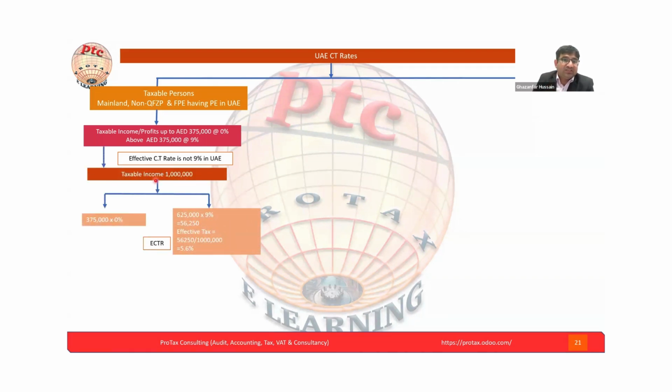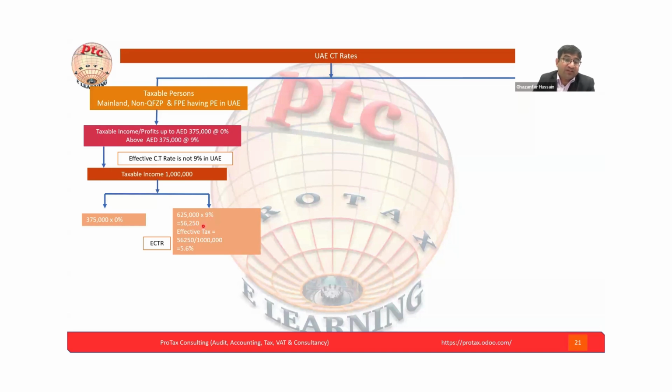Let's take the example: taxable income is 1 million. The first 375,000 is at 0%. From 1 million we have to subtract. The 1 million is not the accounting income, this is the taxable income; we have to understand and be careful there. From 1 million we subtract 375,000, the balance is 625,000. Then we apply the 9% on that, so our tax is